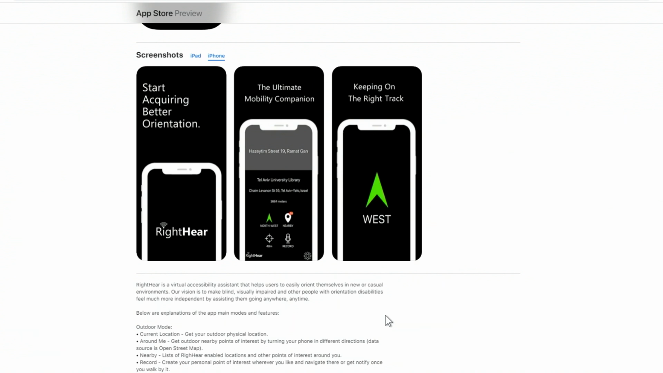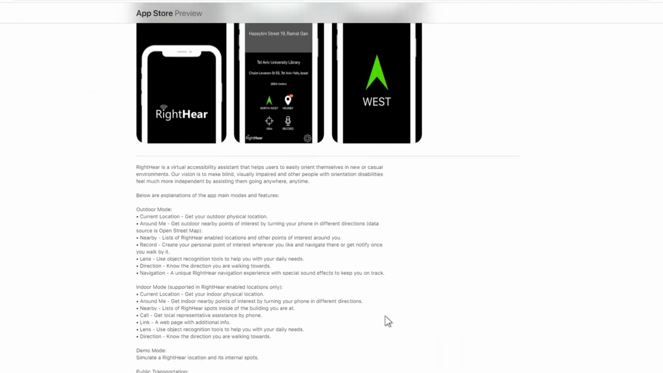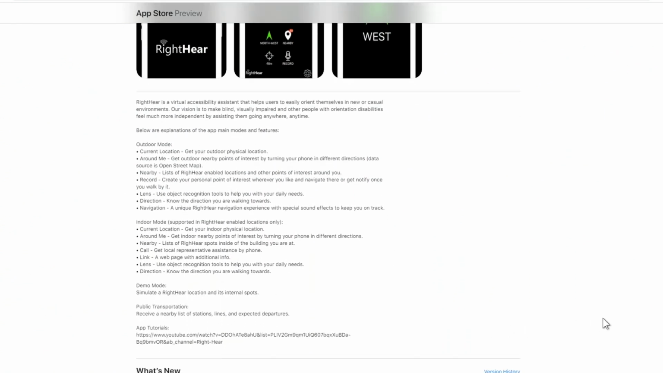And it's also got, and this is the part that I feel is probably going to be most useful for you, a lens, which uses object recognition tools to help you with your daily needs. And I would personally count stoplights as part of your daily needs because you should be able to see these things. There's also an indoor mode where there's a call feature, again the lens feature, there's web things, and then